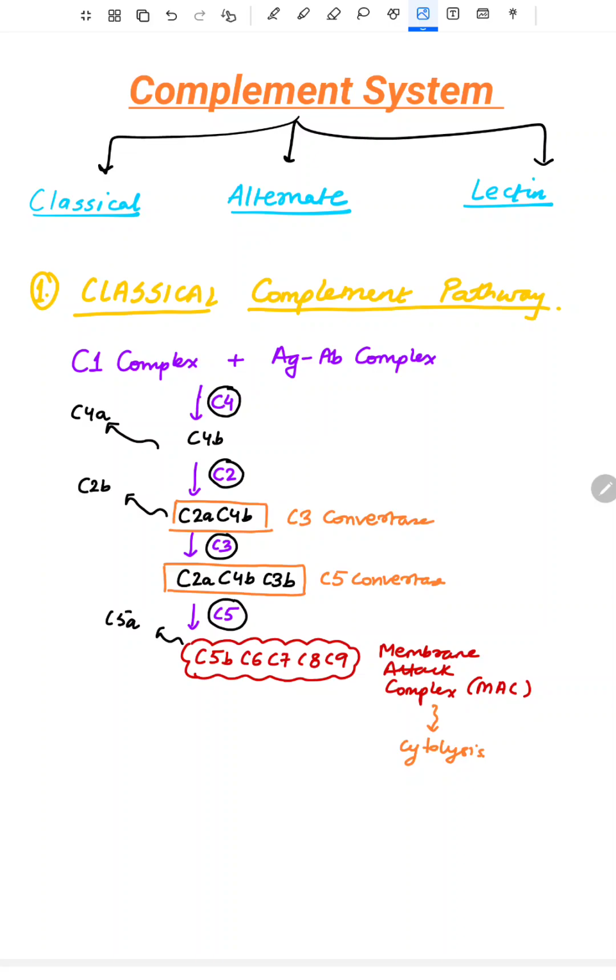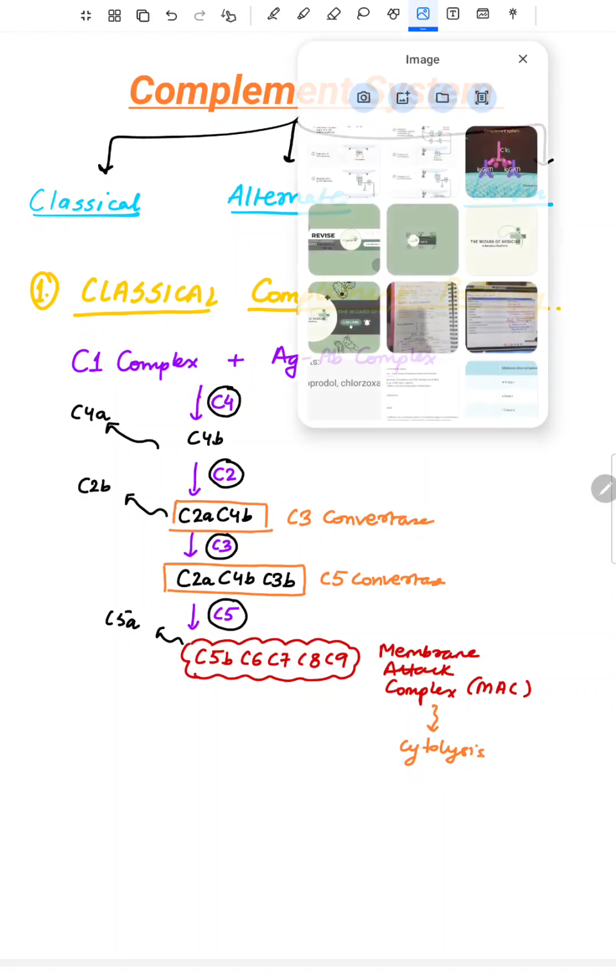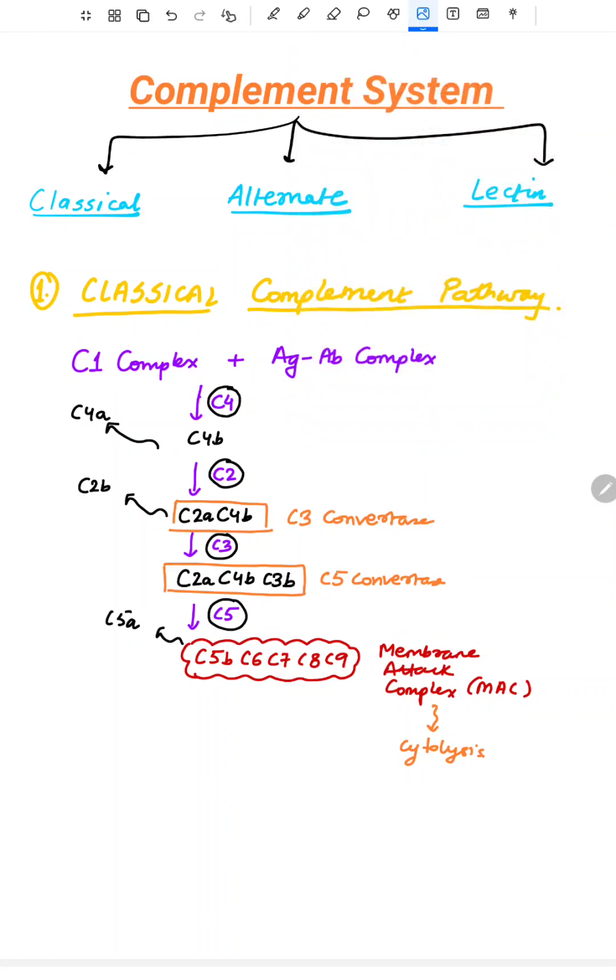So today we'll be discussing this very important topic under immunology, that is the complement system. First of all, let's just know that the complement system is basically of three types: the classical complement system, the alternate complement system, and the lectin complement system. Right. So let's first discuss the classical complement system. So under this classical complement system,